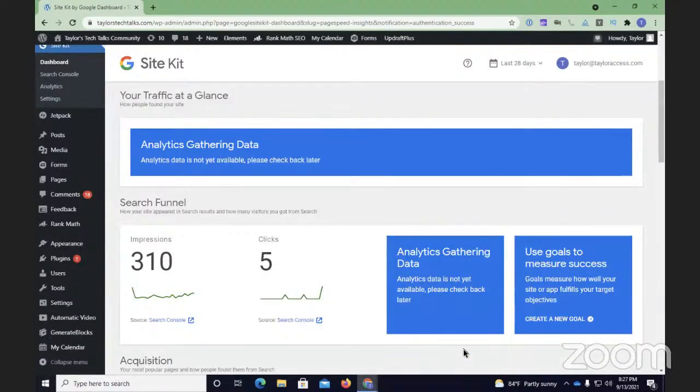Heading level 4. How your site appeared in search results and how many visitors. Heading level 3 impressions. 310. 310 impressions in search results. So this is for Google Search Console. And then 310 search impressions. Graphic clickable. Table with 22 rows and 2 columns. Row 1 day, column 1 day.